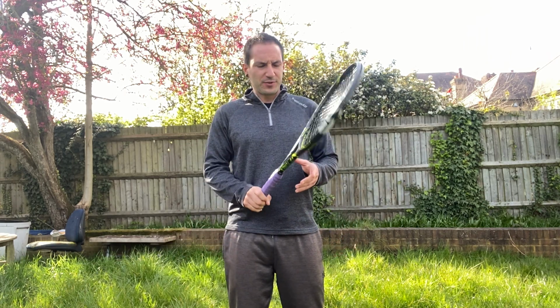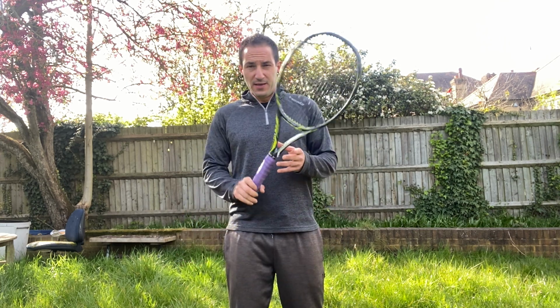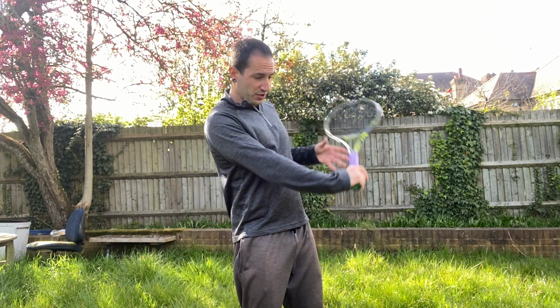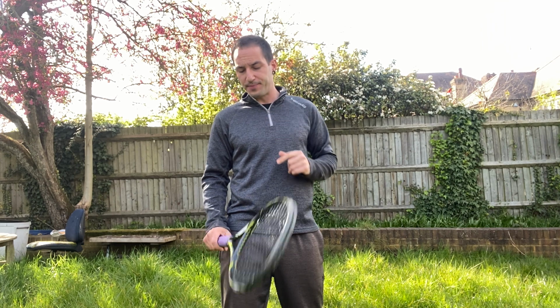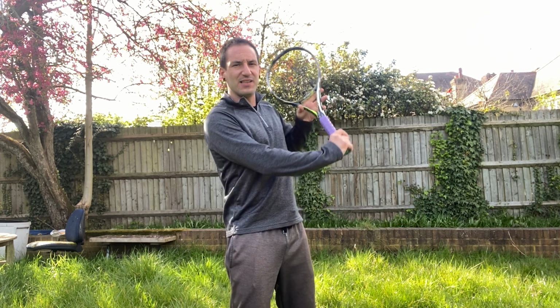So, backhand slice today. An interesting shot, a shot which was used a lot in the past, and nowadays it's not used as much as it used to be. In tennis now, what really dominates the game is power and speed. So in terms of backhand slice, the speed is always going to be restricted, but